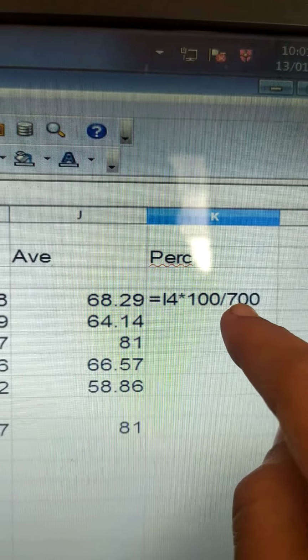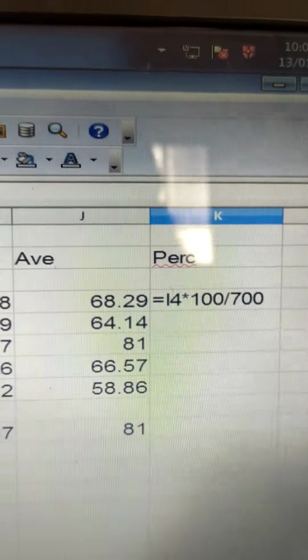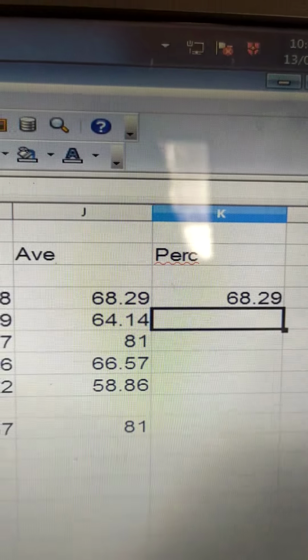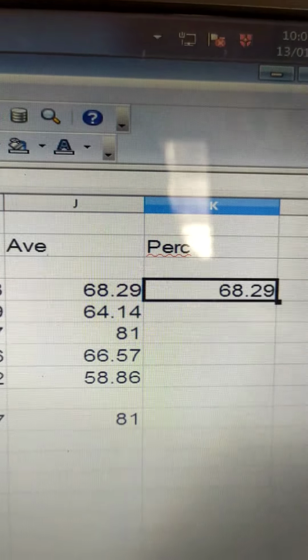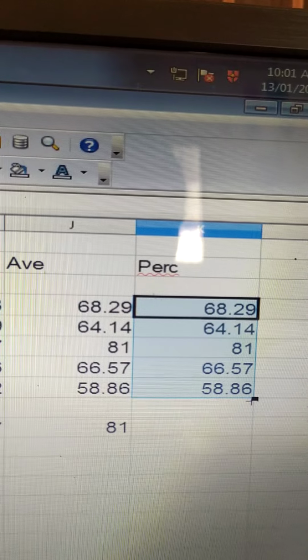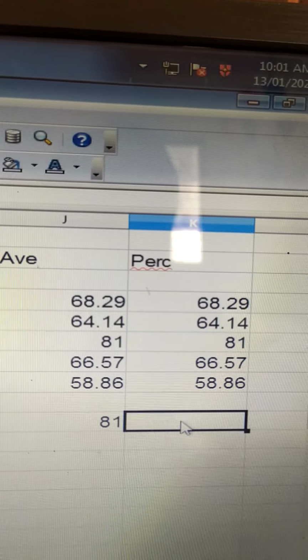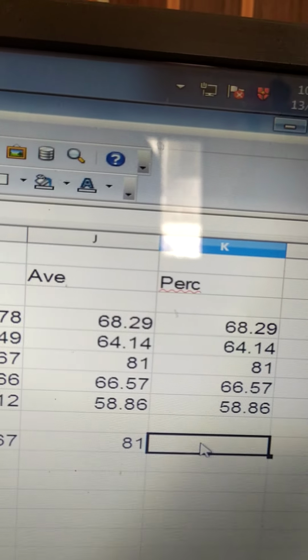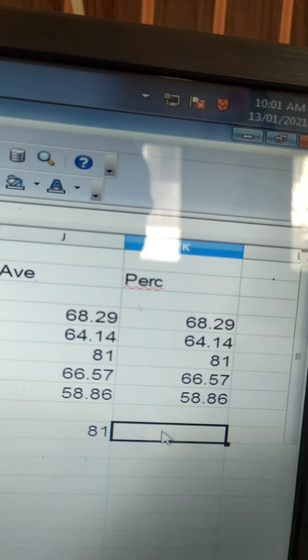I4 into 100 divide by 700. This will be the percentage formula. Over here just click and drag. So this is how you can apply your own formula.